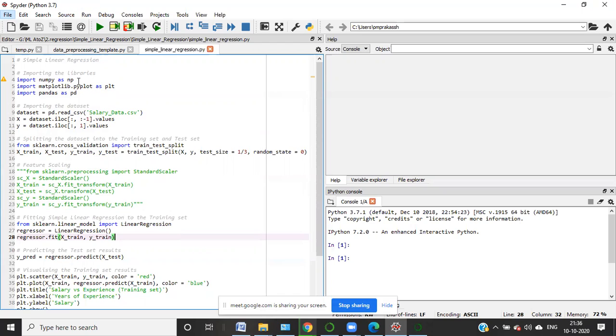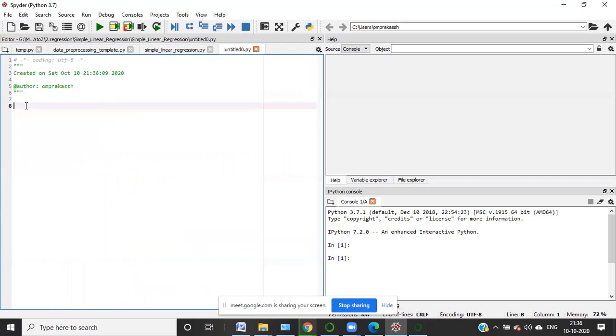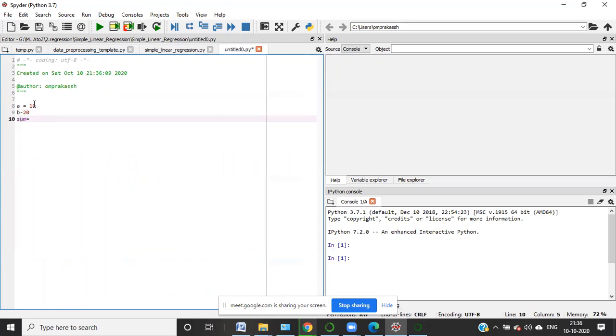This old program I've written over here, so it was already open. And let's say the same thing I'm writing. For example, a equal to 10, then b equal to 20. Then let's say sum is equal to a plus b, right? Then let's say print hi, right? Whatever you want, you can do the coding over there. This is basically an IDE. So if you are familiar with NetBeans and all those IDEs, that kind of IDE this is. So for the development purpose, it is very useful. Okay, if you're a software developer,